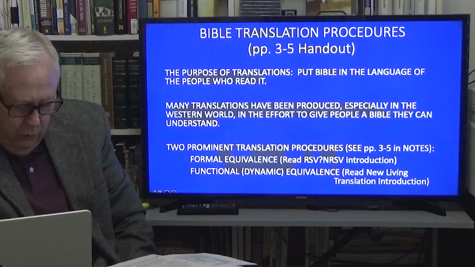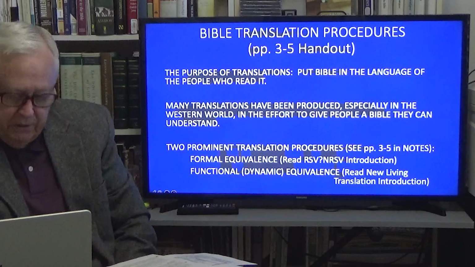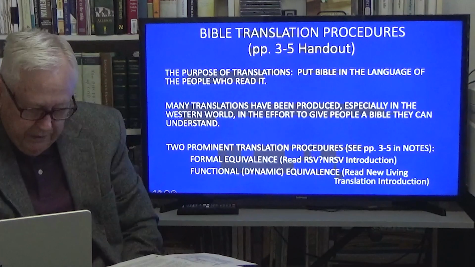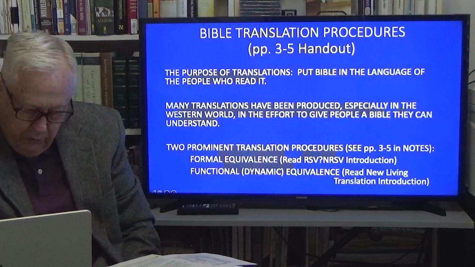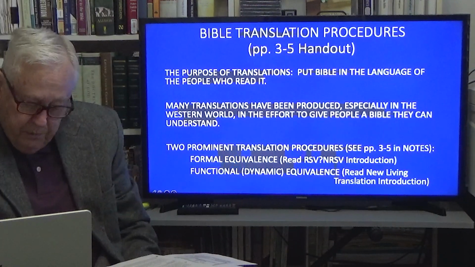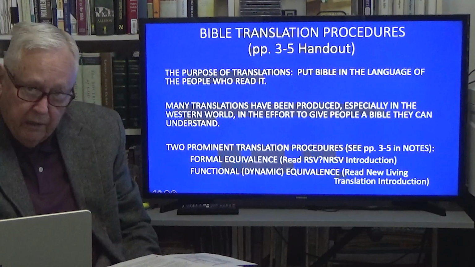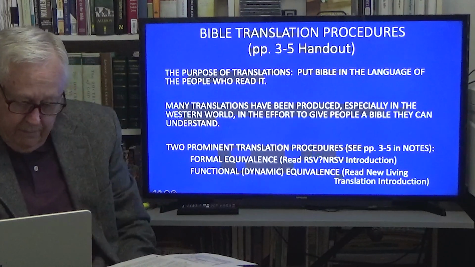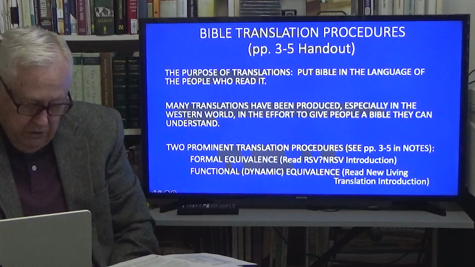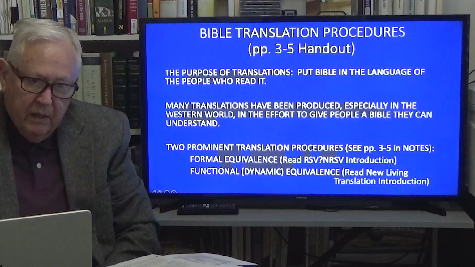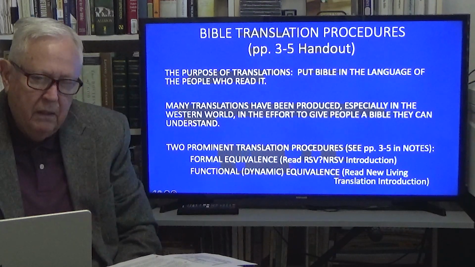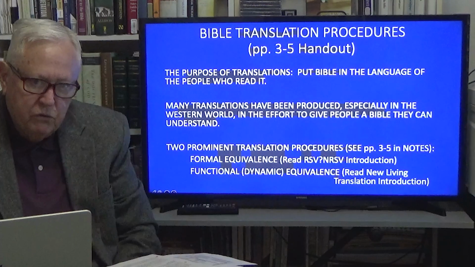The functional equivalence is like an interpretive translation. The interpretive translation is guided by the need to make the translation easier to read and understand. It therefore requires less judgment of the reader. King James requires a lot of judgment of the reader. And more judgment, less judgment from the reader, since the translators have rendered it in an understandable way. But to do that does mean that you may have some interpretive issues involved.